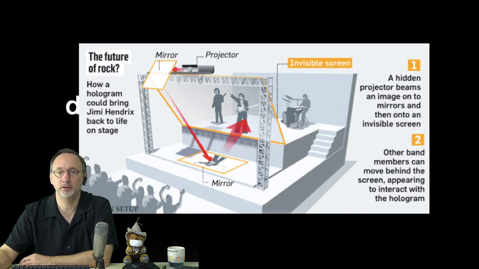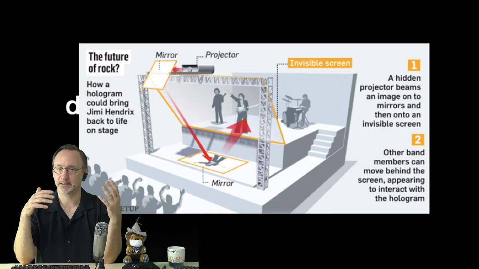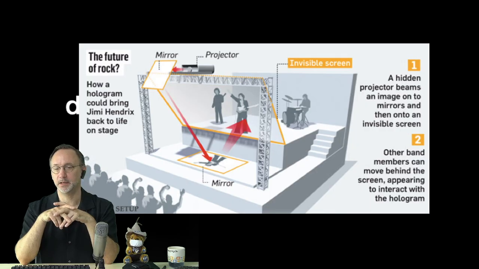You have a mirror which is actually flipping the space here, and then another mirror here on the bottom, reflecting the image on the very big mirror here in front of the musicians. So the problem is that you always need the same size, and this way, with the mirrors, you can actually